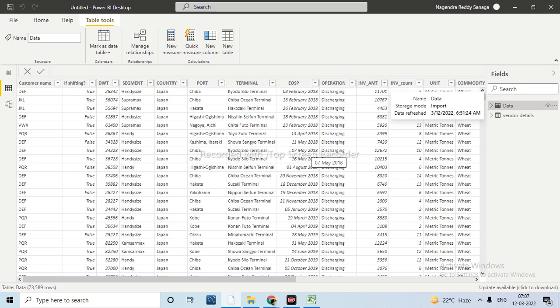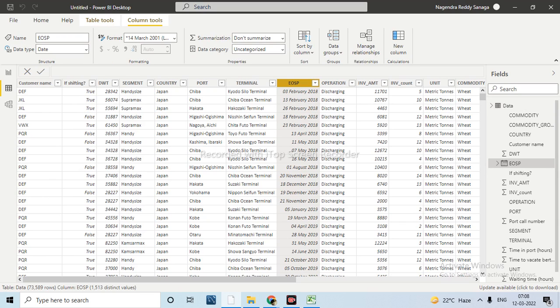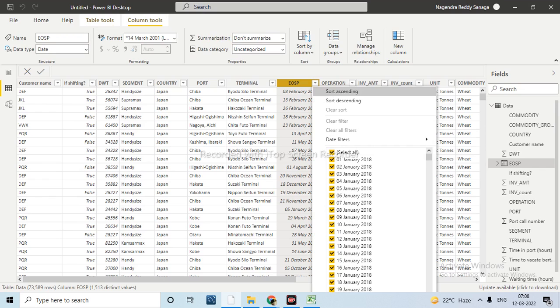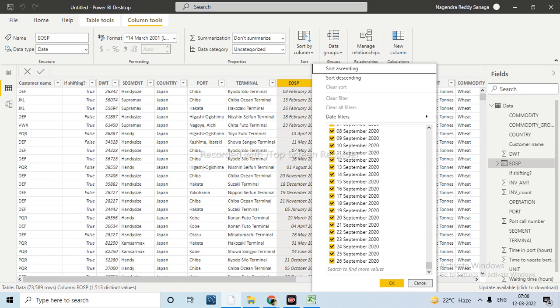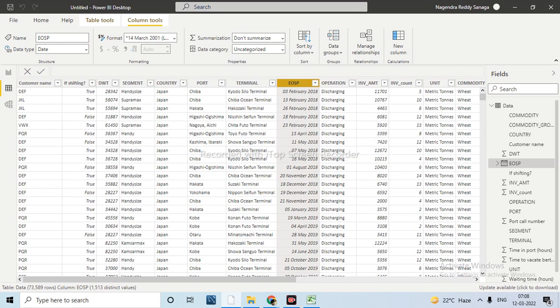For that, what we can do is create an external table for the dates. With these dates only, anyway, we will relate to them. In that calendar table we will have the complete information. Okay, now I am creating one more calendar table based on the starting date and the ending date. The starting date is January 1st 2018, and the end date is around February. Now I will create one calendar table based on the start date and end date.